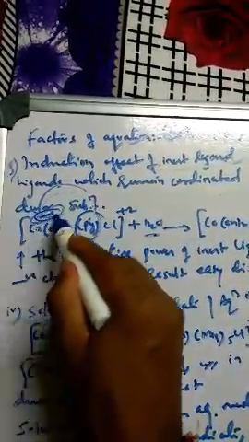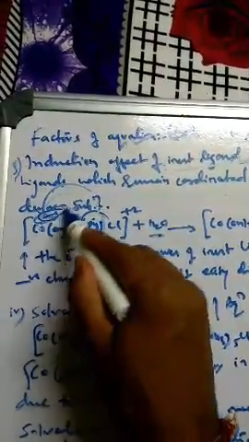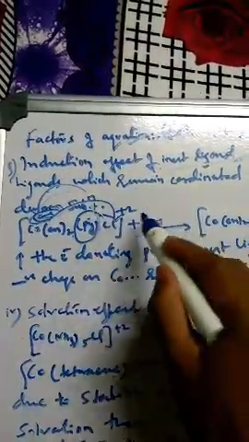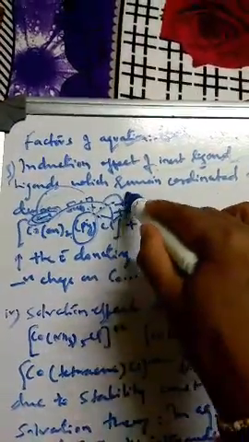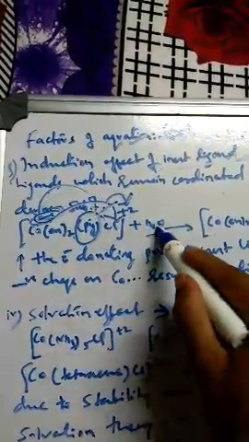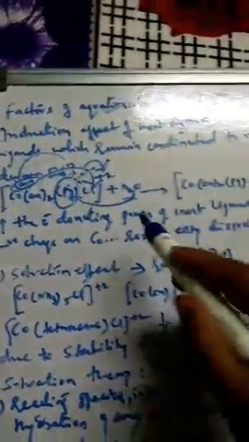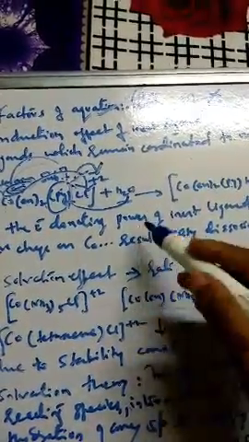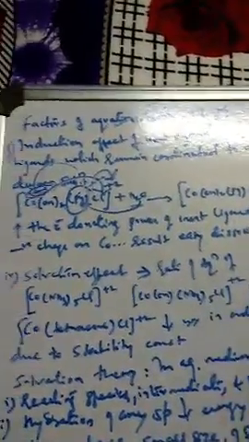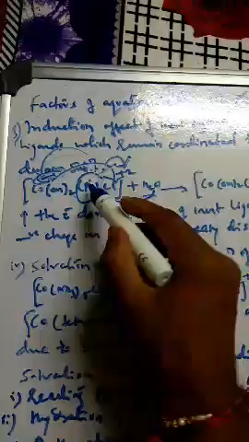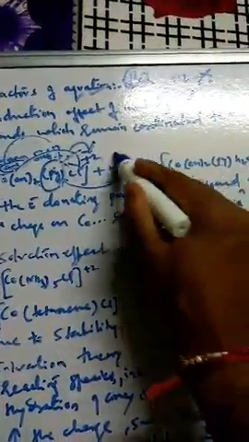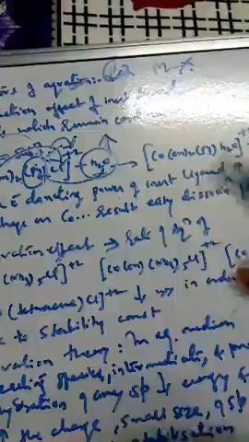What will happen when the negative charge on the metal ion increases? It becomes very easy for the leaving group to leave the metal, and the substitution becomes very fast, with Cl going out and H2O coming in. So an increase in the electron donating nature of the inert ligands increases the negative charge on the metal, resulting in easy dissociation of the Co-Cl bond, and hence the rate of substitution increases very fast.